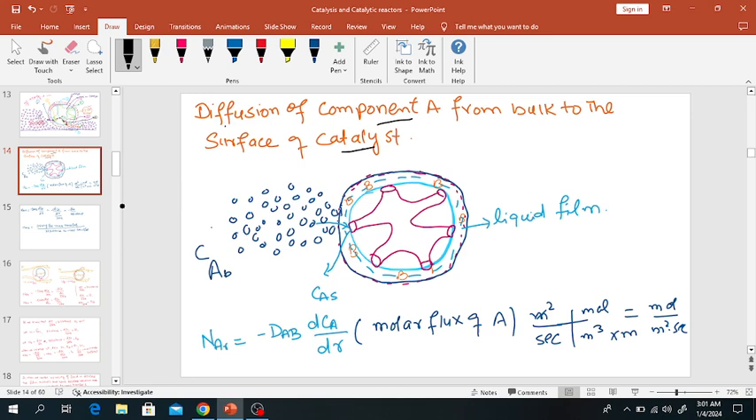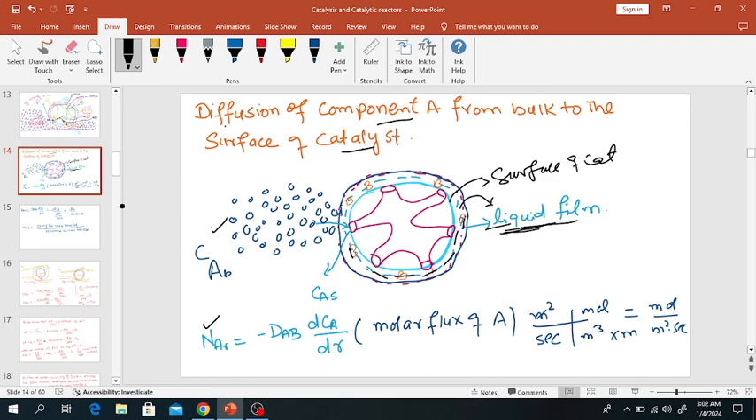So this is bulk fluid. Concentration of A in the bulk is CAB. And this is the liquid film. This is the catalyst surface. And so A will diffuse from the bulk to the surface of the catalyst through this liquid film. So the molar flux of component A through this liquid film, which is around the catalyst particle, will